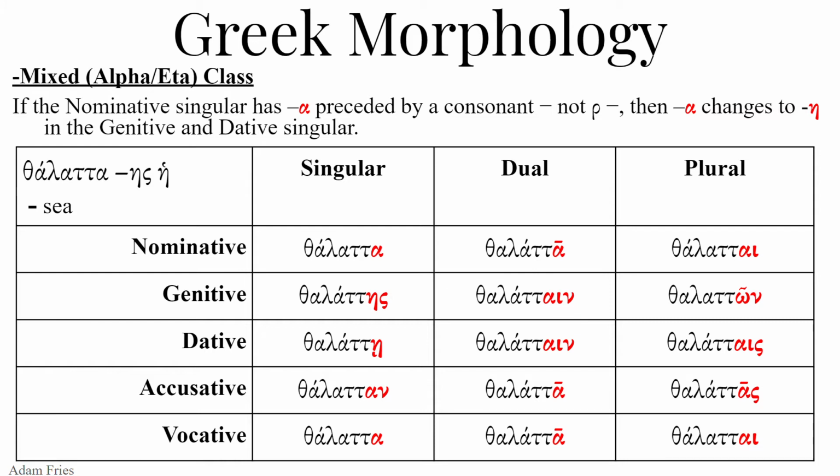So we have thalatta, short ultima. The accent wants to be here. It will try as hard as it can to stay right here on the antepenult for its entire declension. If the ultima becomes long, then this acute cannot stand on this antepenult. It cannot be proparoxytone. It has to become paroxytone. A long ultima will drag this accent from the antepenult to the penult. So thalatta,